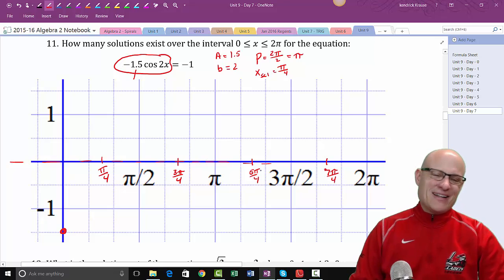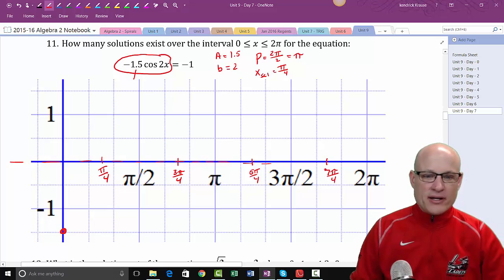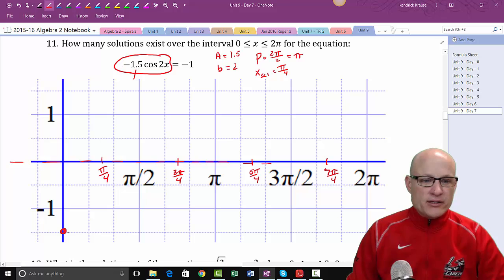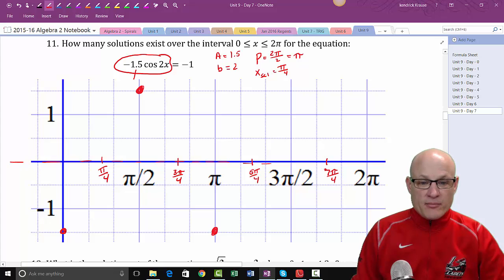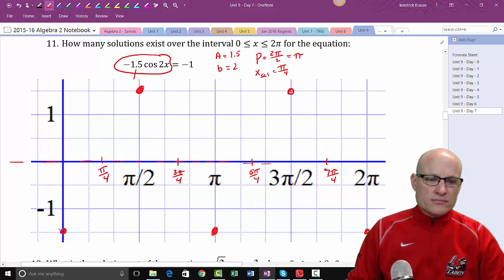It's not really that necessary to do all this, but I know it's going to begin here, and because it's negative, we're going to begin on a min and end on a max, begin and end here, and we're going to go up here. So in between there,